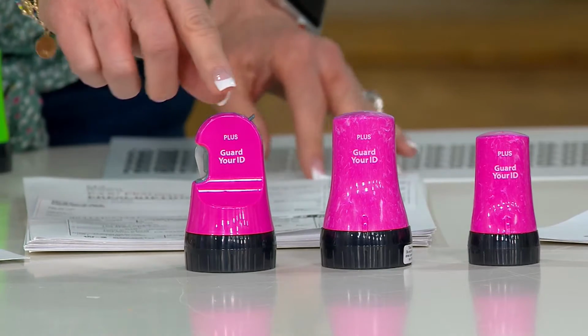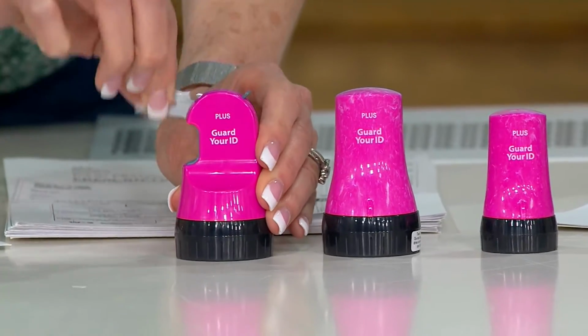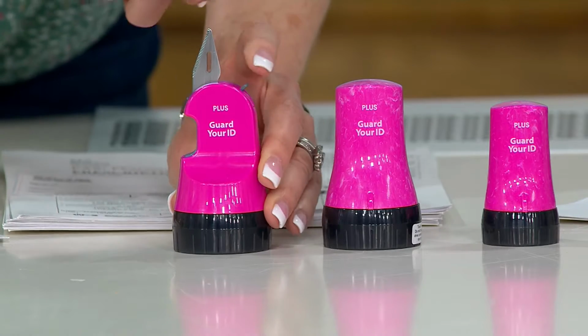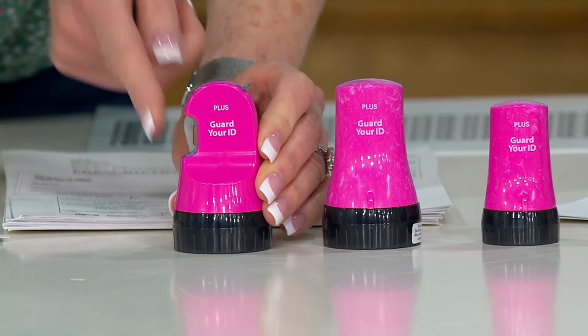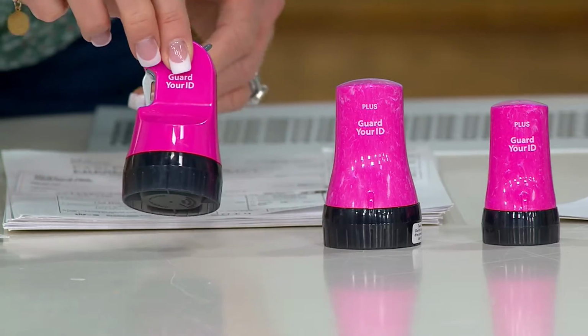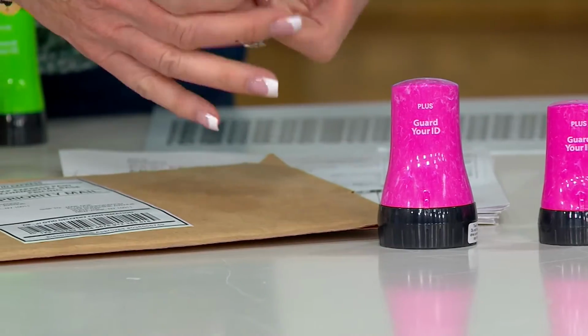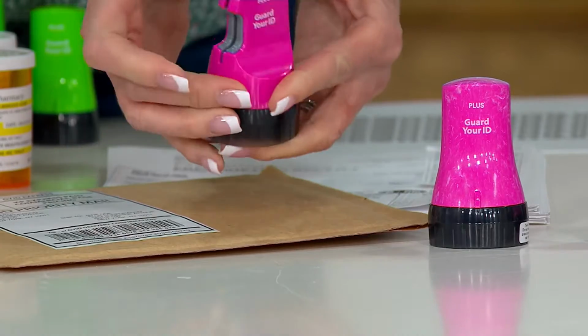So this one is a wide roller that also will do 1,000 swipes, but it has a built-in letter opener. It just clicks into place, so now you can easily open your packages without getting the kitchen knife to open up those boxes, and just use that little lever to put that back. And every time you have a package, you have the label and things that you need to take care of. You have a packing slip on the inside, so this is just a great tool to have as